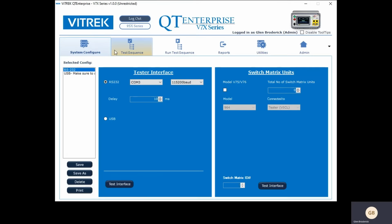You'll see there's a series of tabs at the top: System Configure, Test Sequence, Run Test Sequence, Show Me the Reports, your Utilities, and your Administrative Controls. Okay, so I'm on the first tab here called System Configure, and I can connect up to a V7X tester via either RS-232 or USB. If this is a 95X tester, then I could also use